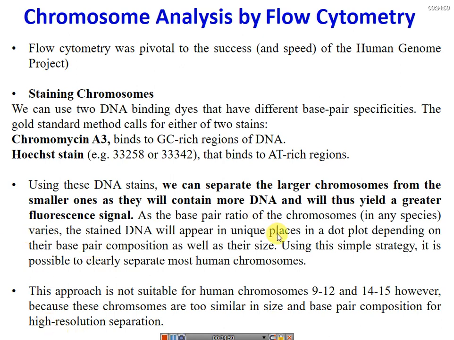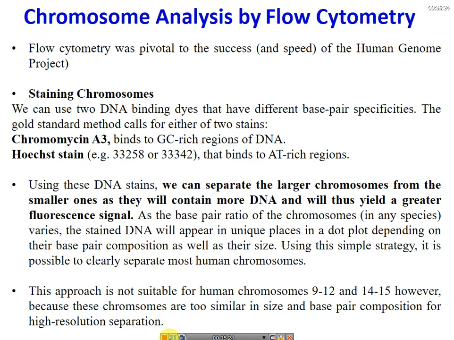Chromosome separation using flow cytometry has been pivotal in the success of the Human Genome Project, because we could separate the chromosomes as individuals, and we could then sequence them and give the detailed sequence of the particular chromosome. So by separating the chromosomes, we can compare the individual chromosomes in a healthy and a diseased one, and we can tell whether any genetic abnormality is responsible in the particular chromosome for the disease.